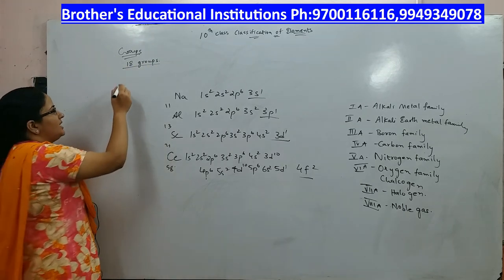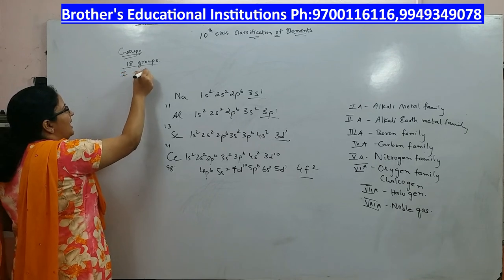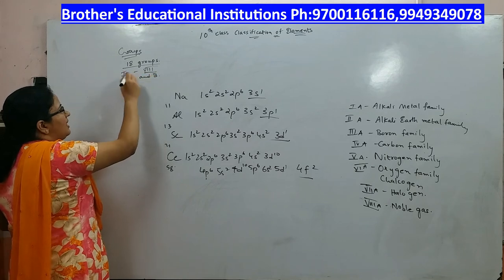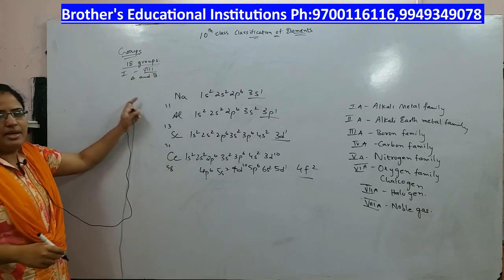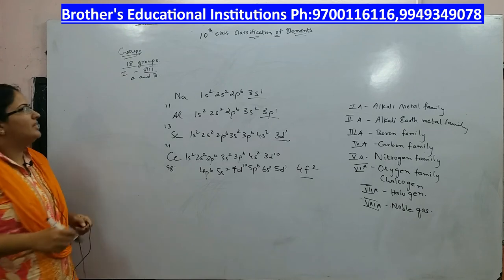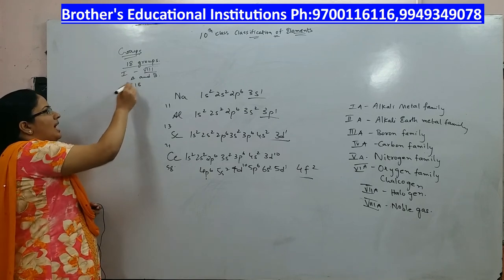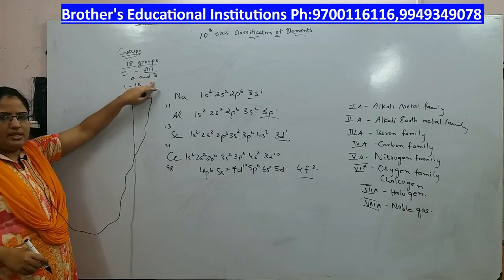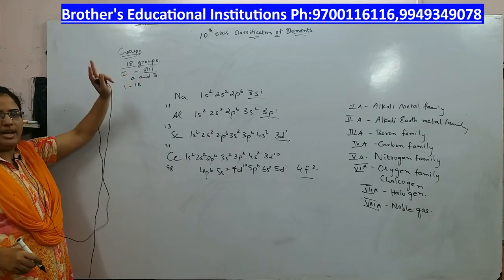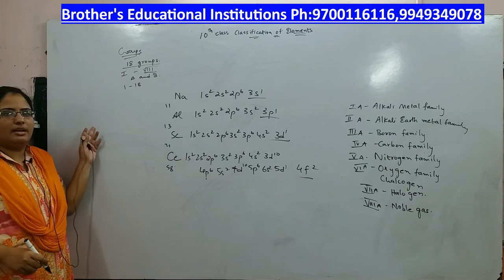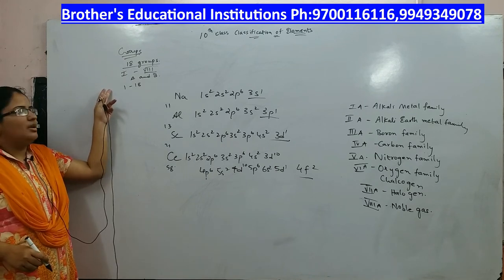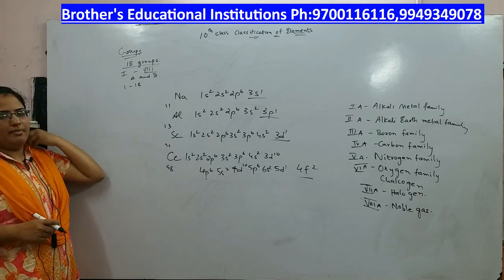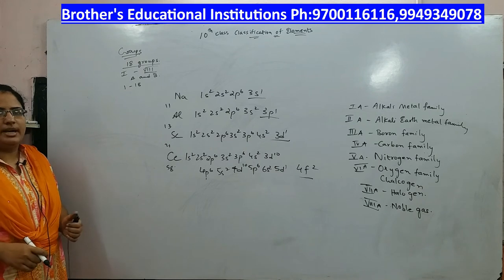They are traditionally denoted with Roman numerals 1 to 8 with A and B alphabets, but presently they are denoted with Arabic numerals 1 to 18. But we shall follow 1 to 8 with A and B. For example, 1A, 1B, 2A, 2B, 3A, 3B, like that. That is the traditional method. In the modern method, you have 1 to 18 Arabic numerals, but we follow the traditional method.